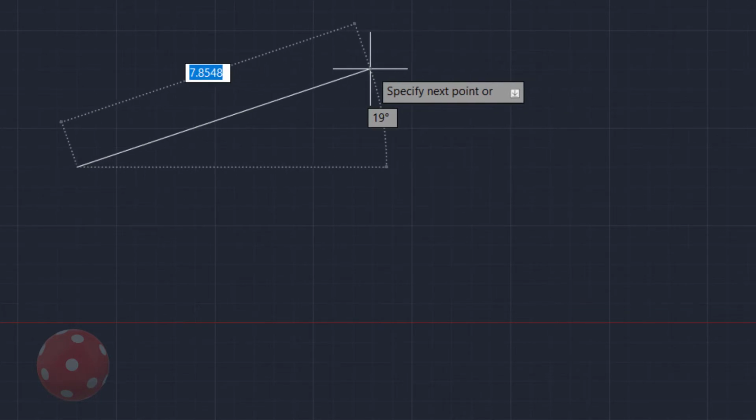When I specify the first point, then at the same time dynamic input will show specify next point. It means you are creating a line and you have provided the first point, and now you have to provide the next point. How can you provide it?